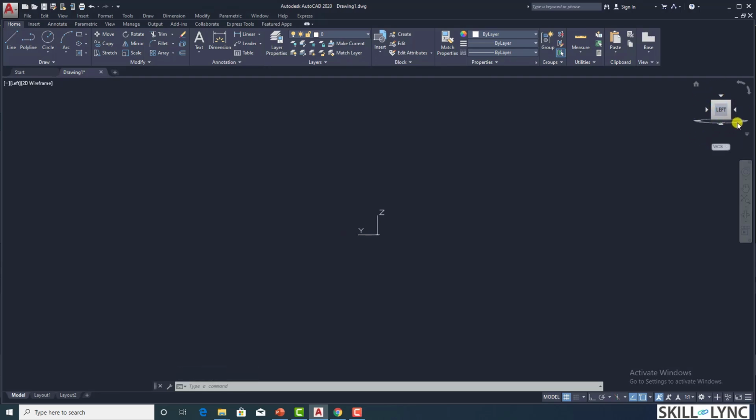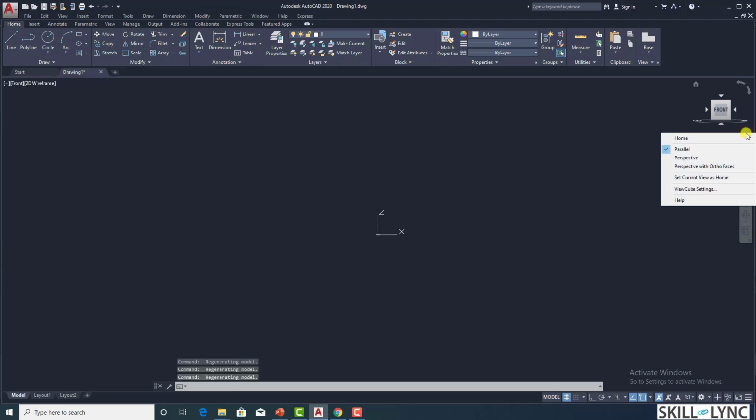And also you can use this cursor to rotate about the pivot axis, and you can select which one you want. And likewise we have the rotate option along this way also. So this option is what we call a view cube. And here again you can specify the perspectives that you want to look into.